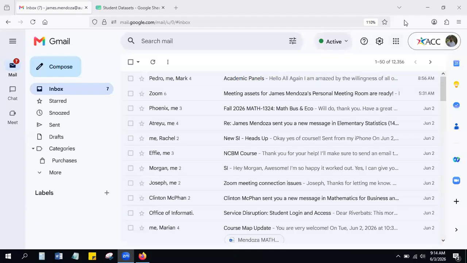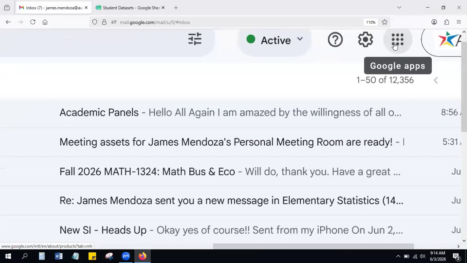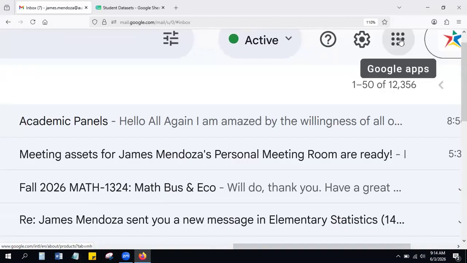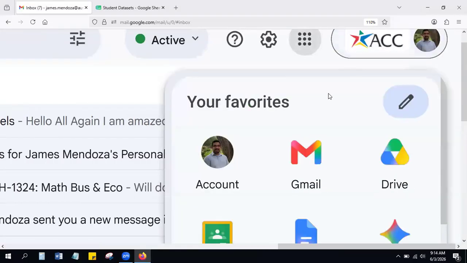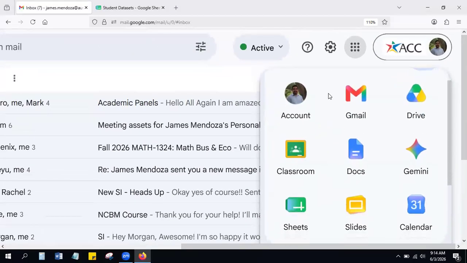especially since we're part of ACC. When you're logged into your ACC email, right over here in the top right, you're going to see these dots, which let you switch which app you want to use. When you click on the dots, it's going to open up the apps. And if you go to your Drive,